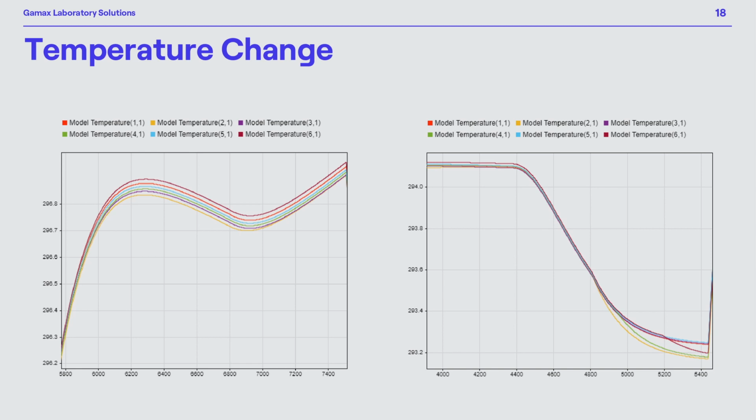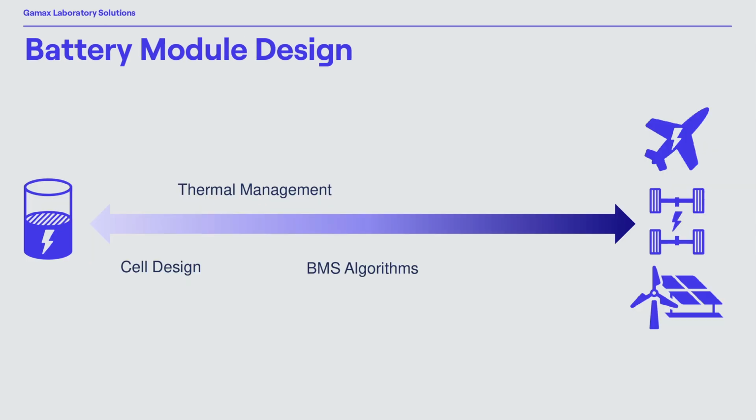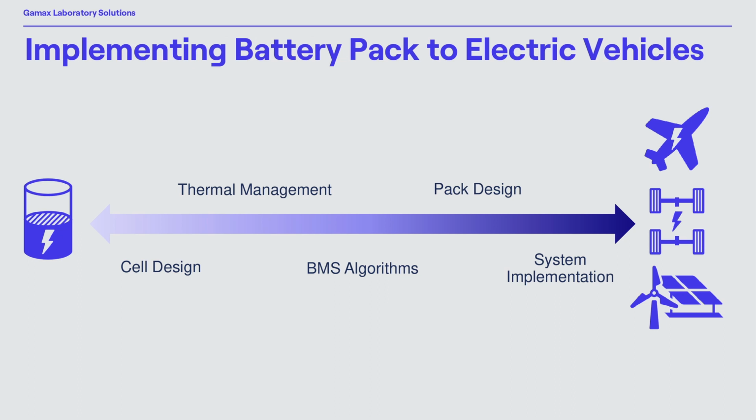And with this, I want to conclude the battery module implementation. And I want to show you where we are currently. So we started with a cell design. We implemented a thermal management and a battery management system algorithm for our battery module. But what we still have left is to implement our battery pack design that we created previously into our electric vehicle system. And for this electric vehicle system, we will use an electric vehicle reference application,